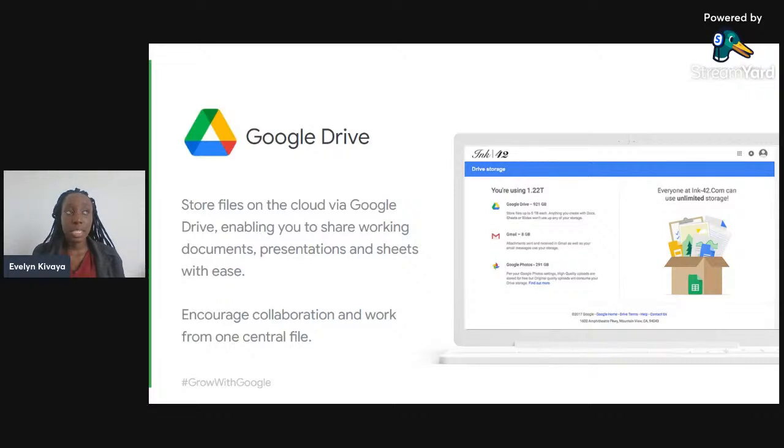And so once the 15 GB storage space is over, you won't be able to easily access Google Drive unless, for example, you are on a paid Google Workspace package, it offers more than even 100 GB of space. So it depends on the particular package that you purchase, but you'll be able to have a lot of storage system. Yeah. So apart from storage, Google Drive also encourages collaboration and work from one central file.